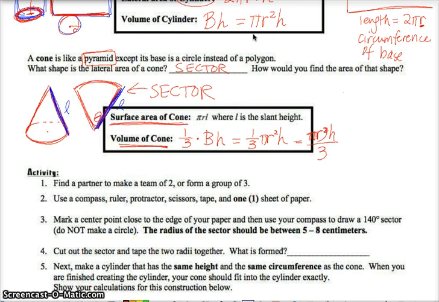Well, we learned last chapter, the way you find the area of a sector is by taking this angle here, whatever that may be, and dividing that by 360 degrees and multiplying that by pi r squared. But in this case our r is actually the slant height of the cone,